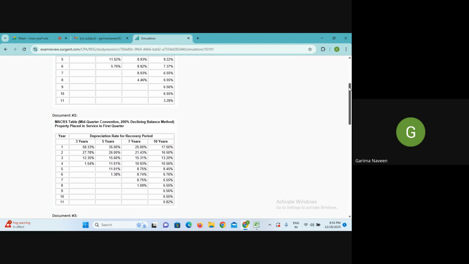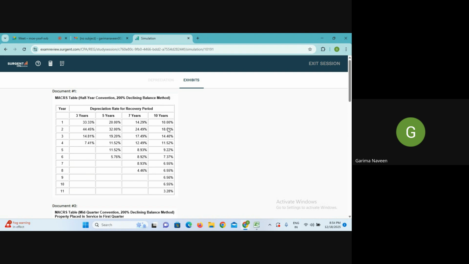ठीक है, उसके बाद मिड क्वार्टर में भी अगर आपका असेट फर्स्ट क्वार्टर में रखा है तो फिर ये वाली टेबल यूज करोगे, सेकेंड क्वार्टर में प्लेस किया है तो ये वाली, जो असेट थर्ड क्वार्टर में प्लेस किए हैं उनके लिए ये टेबल, और जो फोर्थ क्वार्टर में प्लेस किए हैं सर्विसेज में उसके लिए ये टेबल। ठीक है, अदरवाइज आप हाफ ईयर लेकर चलते हो बाय डिफॉल्ट। मेकर्स रिलेटेड सिमुलेशंस अच्छे से करके जाना, बिकॉज एक ना एक एग्जाम में जरूर आता है कैलकुलेशन के लिए, जिसमें आपको 179 बोनस और मेकर्स तीनों भी दे सकते हैं, दो भी दे सकते हैं या एक भी दे सकते हैं।